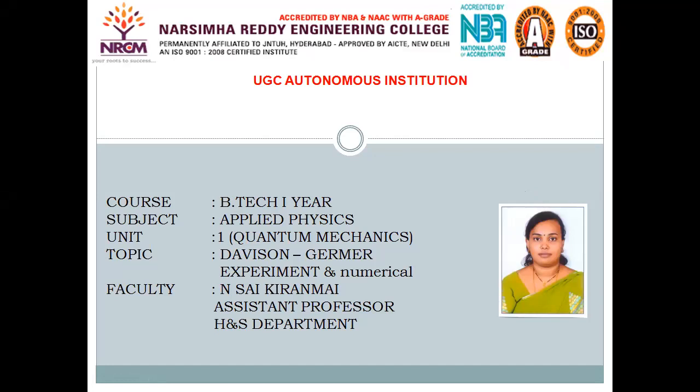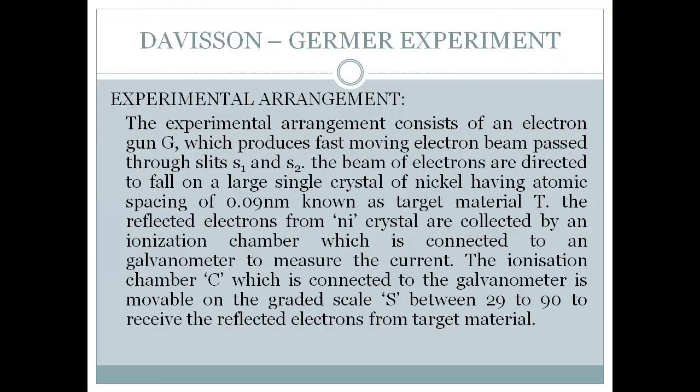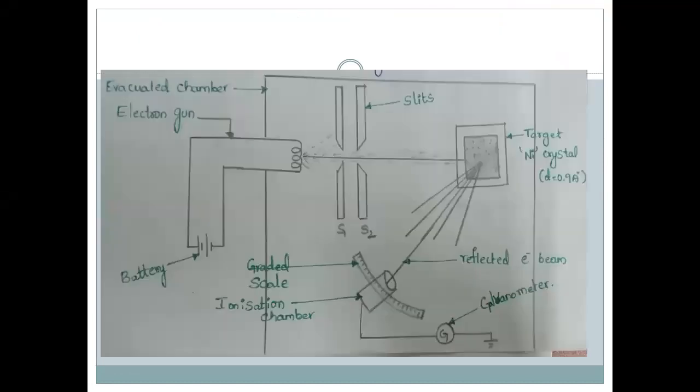Today we are going to have a look at the Davisson-Germer experiment, which is a proof for the existence of matter waves in nature. So coming to the experimental arrangement for the Davisson-Germer experiment, you can see on the screen